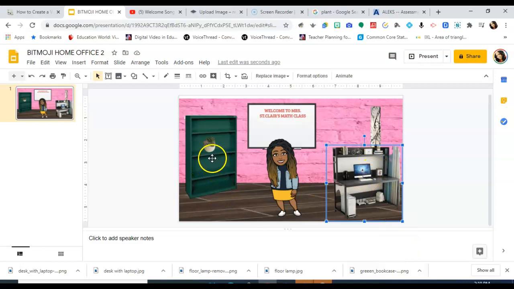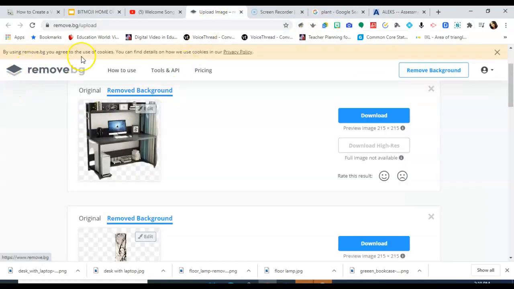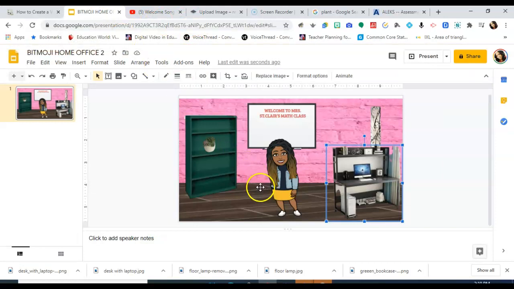So let's recap a little bit. We know that we need to go to our Bitmoji extension, and you should have a Bitmoji created. If not, then that is the beginning stage. We know that we need to use remove.bg/upload to remove the background. We know that we're going to upload it to our picture files, and we're going to right click to paste it. So pretty much that's all there is to creating a Bitmoji